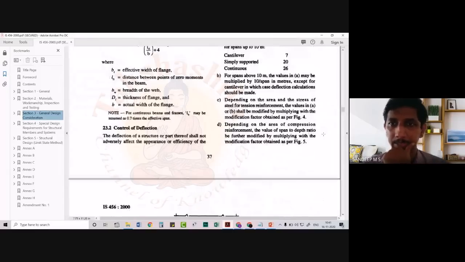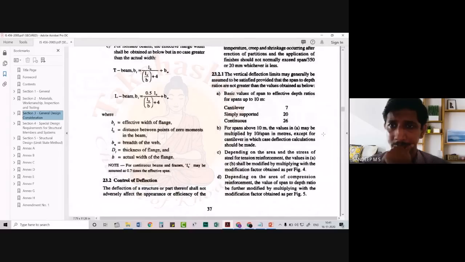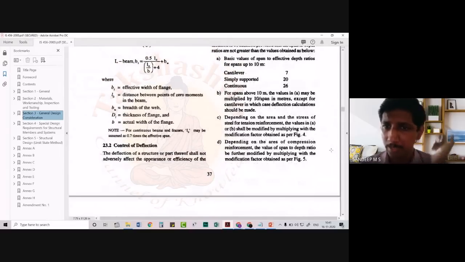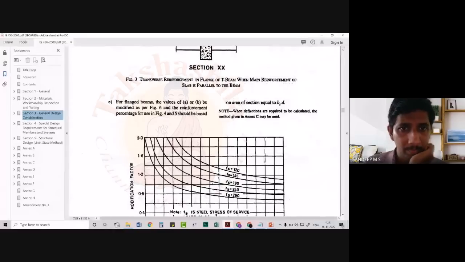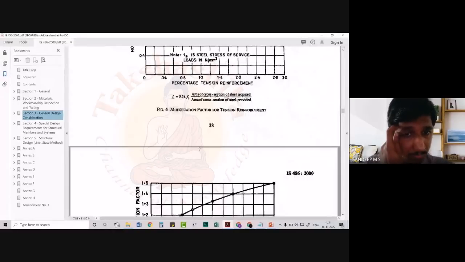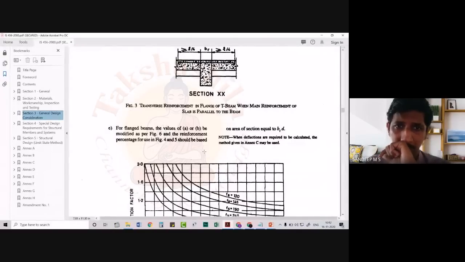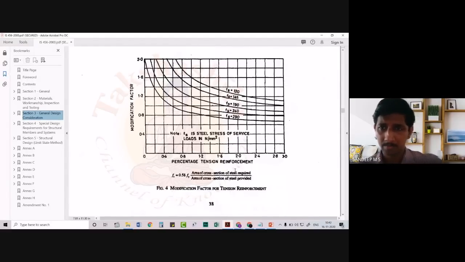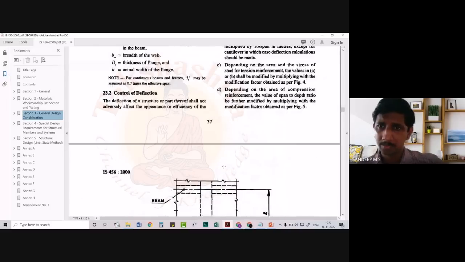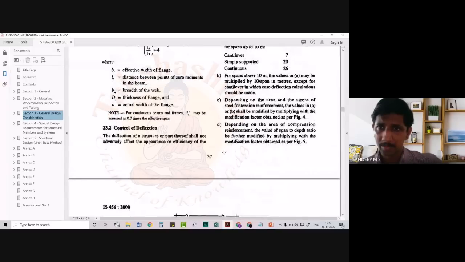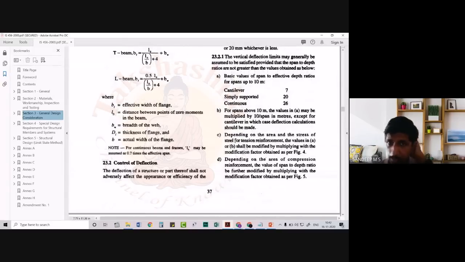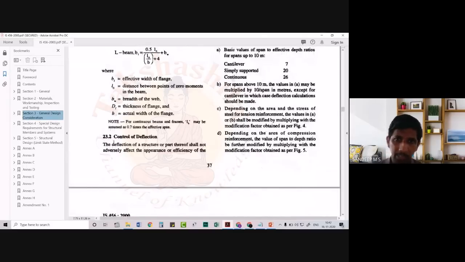Yes, here we have something. Yes, this one. So we have come back to control of deflection, and in the initial stage,